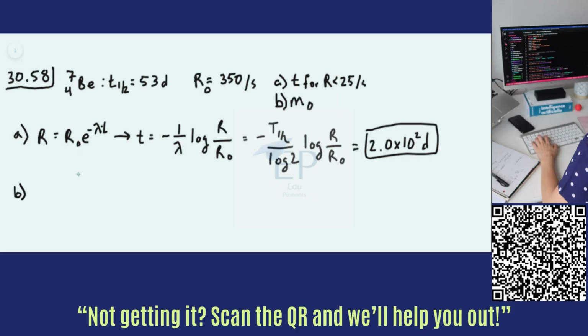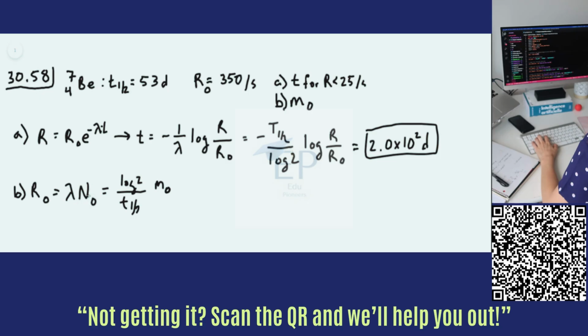Now, the initial activity is going to be equal to the decay rate, or the decay constant, times the initial number of beryllium atoms we had. Now the decay constant is the log of 2 over the half-life. And then the